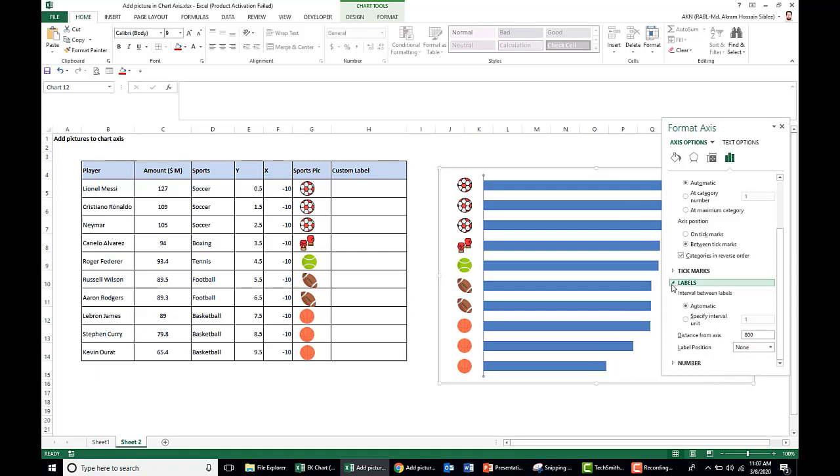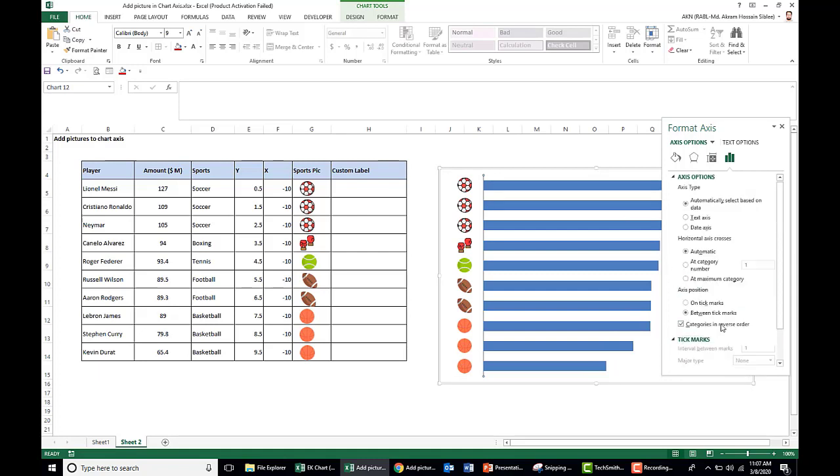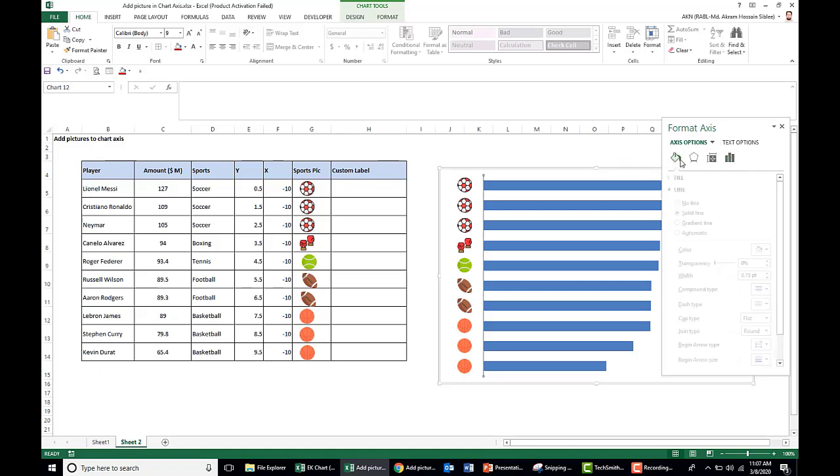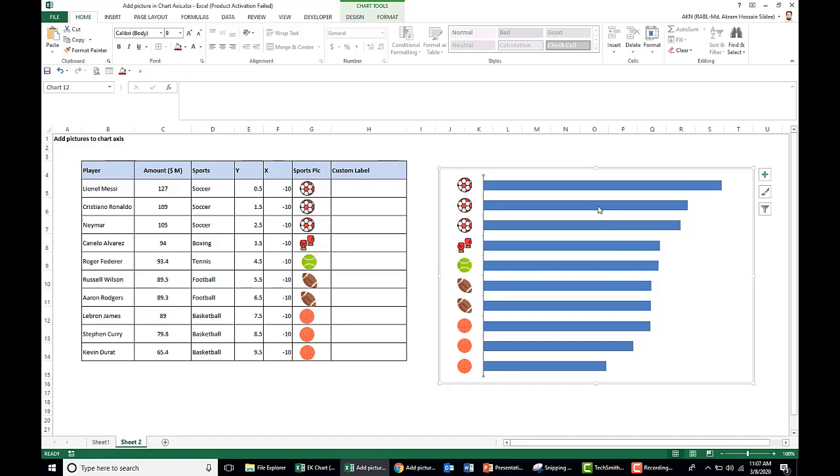Here we do one more thing: go to the tick marks, set major tick marks to outside, and go to fill and line, choose a dark gray line, so that it shows which picture represents which bar.